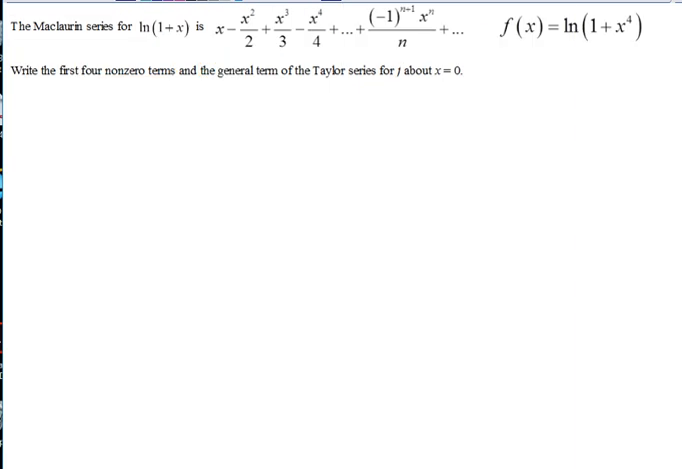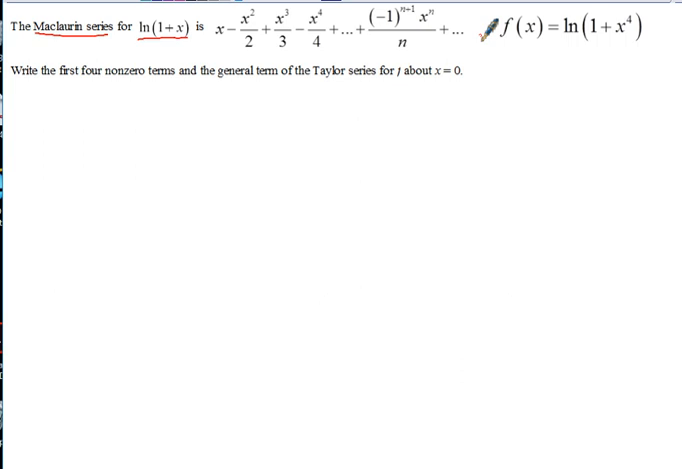So sometimes they may not use one of those four that you expect to memorize, and instead they'll give you one which they don't expect you to memorize, but they'll tell you what it is. Sometimes they'll write in summation notation. Sometimes they say the Maclaurin series for natural log of 1 plus x is x minus x squared over 2 plus x cubed over 3 minus x to the fourth over 4 plus, and they give you the general term right here. So they're giving you the whole thing because they don't expect you to have natural log of 1